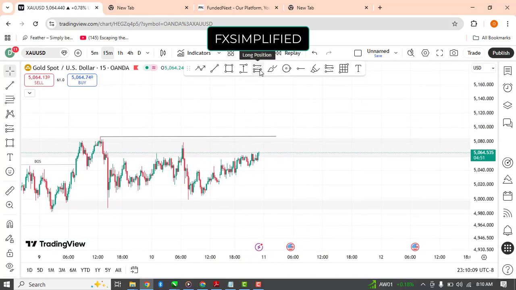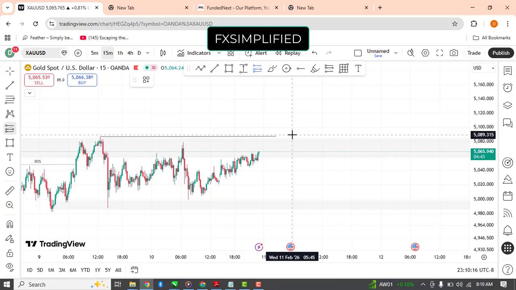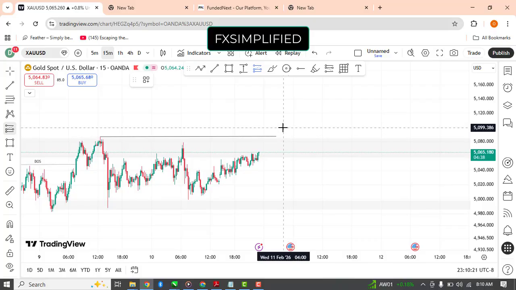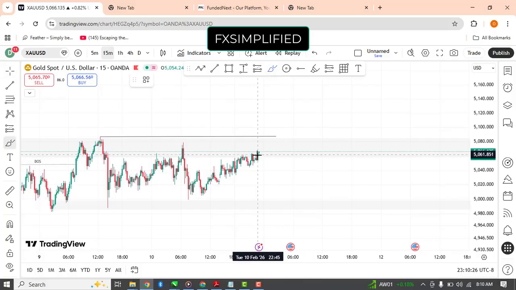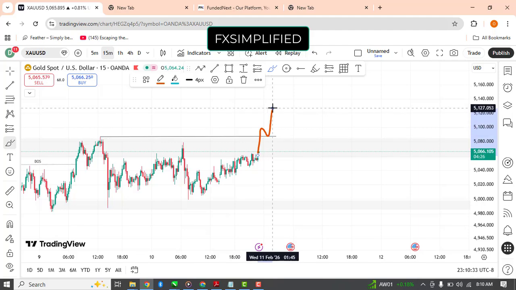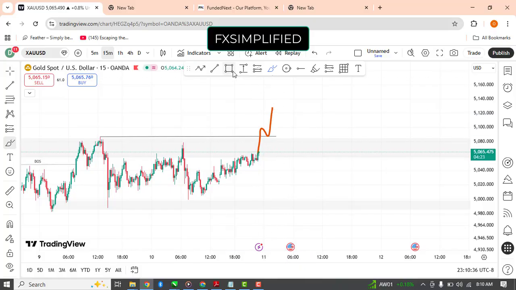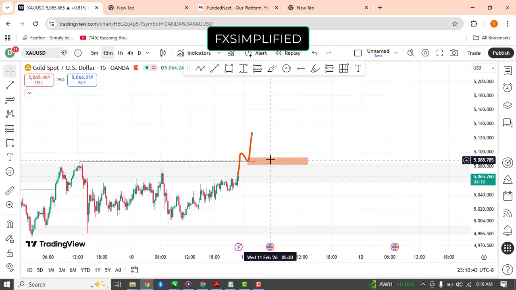We can't predict the market, so it depends on what price does right there. If price creates, let me say, a demand zone around here, something like, let me just draw it out. If price breaks through this place and there is a retracement around this zone and price continues upward, it means that there is a demand area around here, and we can potentially look out for our buying opportunity.